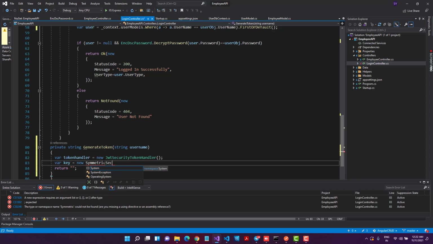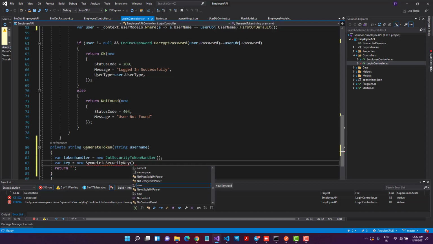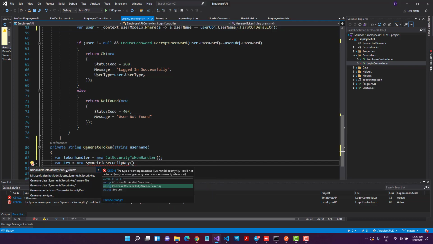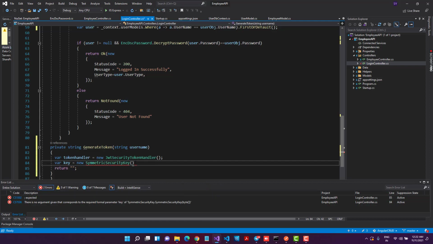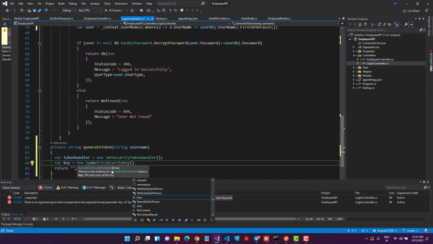SymmetricSecurityKey. I'm very bad at spellings, so please bear with me. It is SecurityKey. Let me import this again from Microsoft.IdentityModel.Tokens. If I open this, it accepts a key, and that key we have to send.